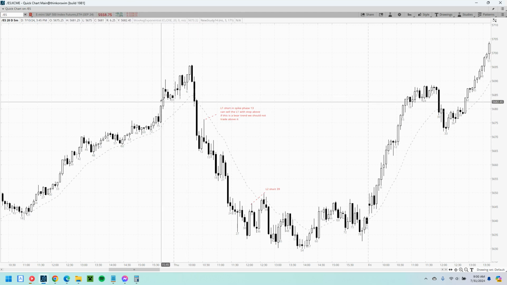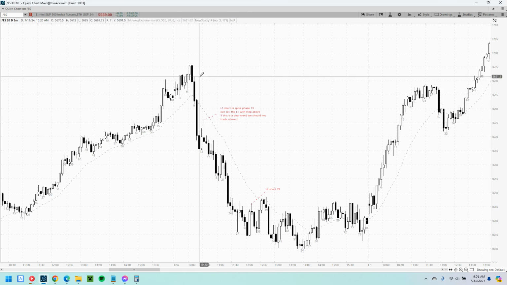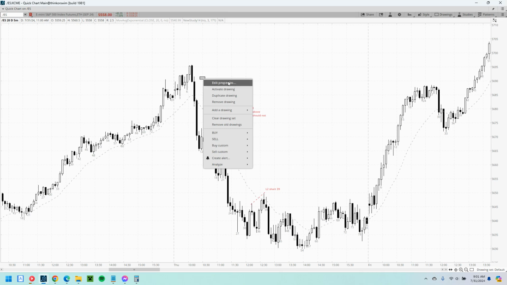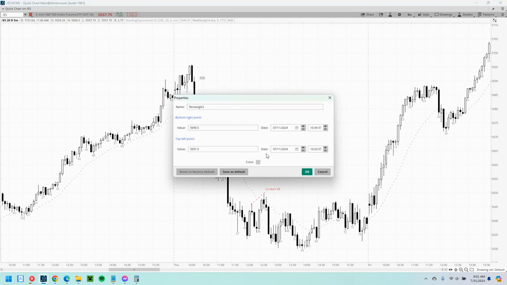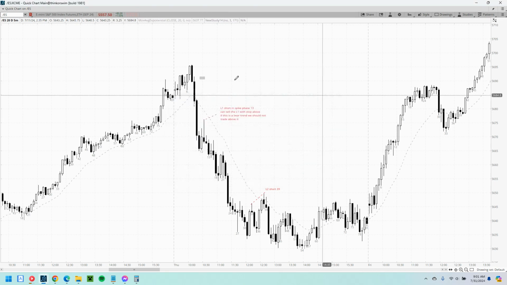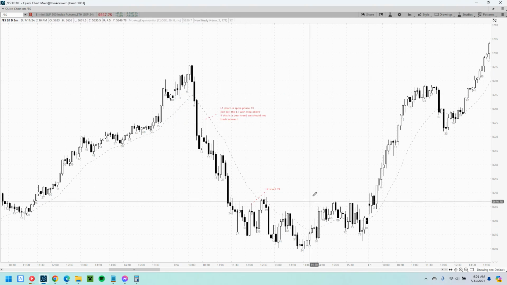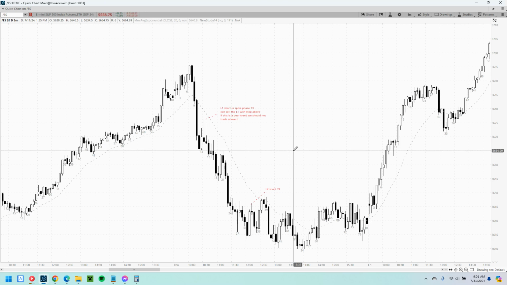This was an example. You could look at this as a low. Actually, that's a little too complicated. I'll get into that later. I'm just going to mark this because it was a wedge, 1, 2, 3. But you could also kind of look at it as a low 2. You know what? Actually, I don't need to. I'm trying to make this video as basic as possible. This is the most basic version of this idea that I can possibly make. There are a lot more complicated ways to look at it when you're looking at complex legs